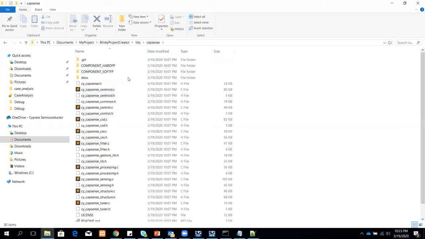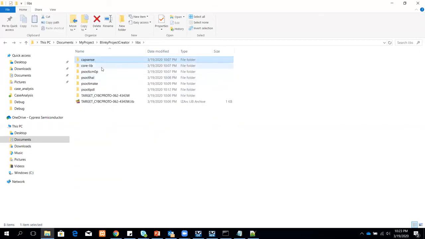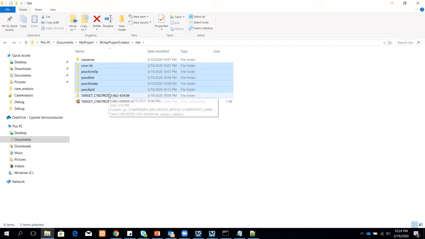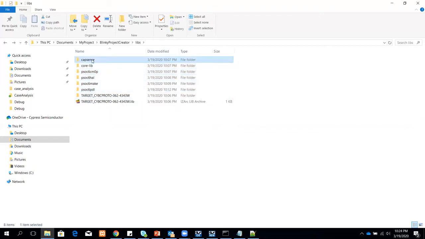So these are files which are related to CapSense. These files are automatically generated for any particular BSP that you choose, and based on the BSP capabilities, you get certain middleware which gets automatically downloaded. Okay, hope all that is clear.